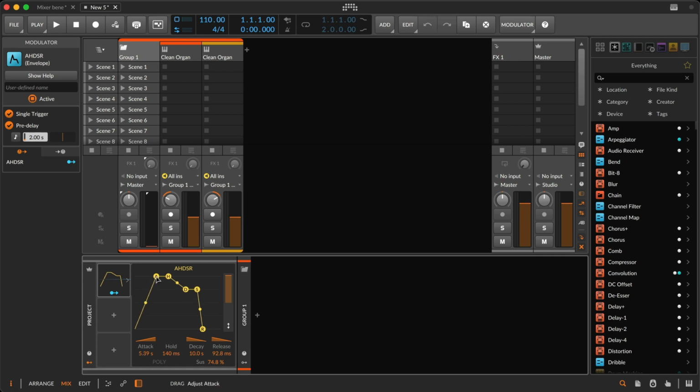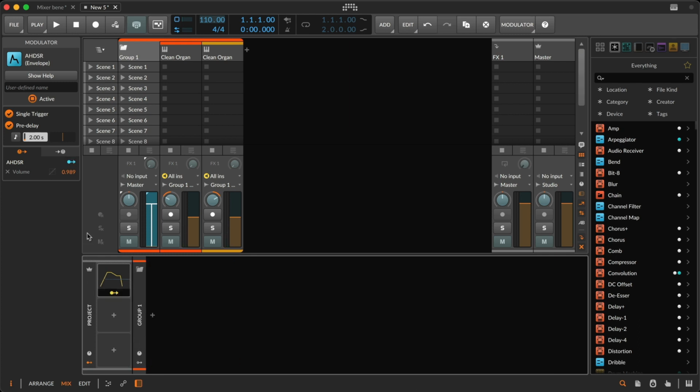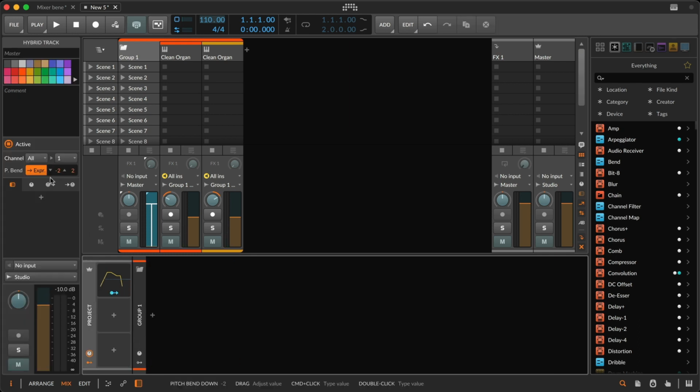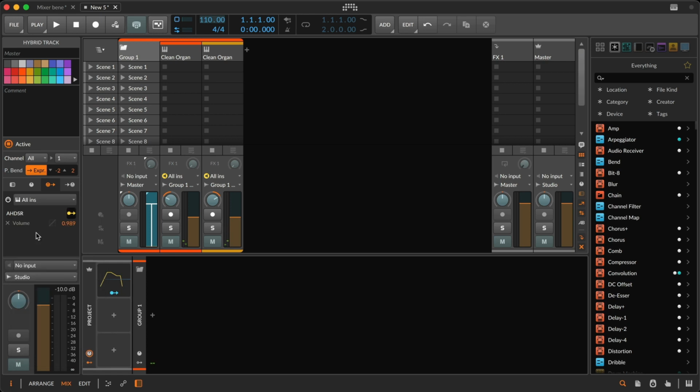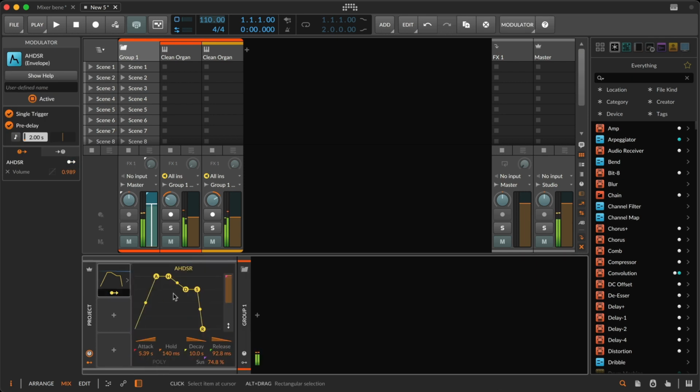Okay. So what are we doing? I'm going to play notes and nothing's going to happen for a moment. And then I want the envelope to come in. Now, how do I do that with these modulators? I'm on the project level. I have a page of modulators, and there I can define the incoming keyboard. Well, let's just take all inputs. That's a safe bet. That's pretty cool.